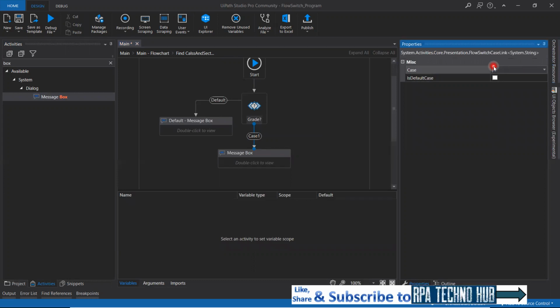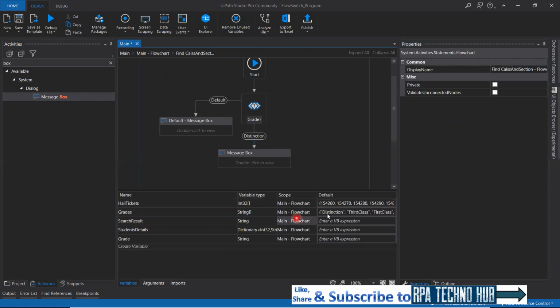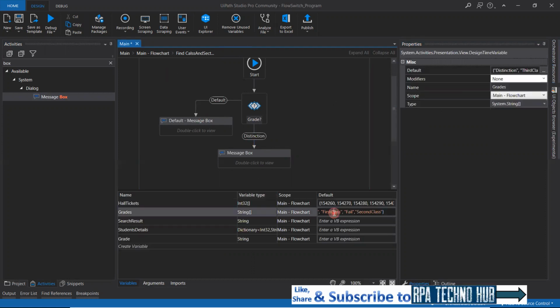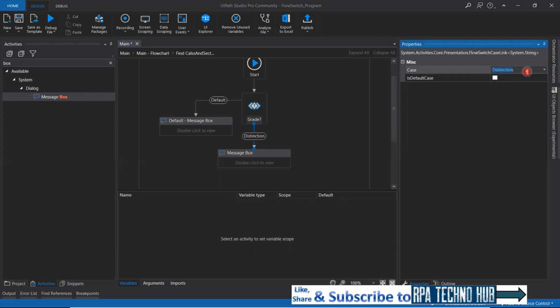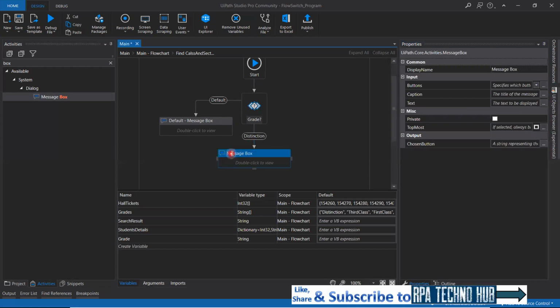So let me type in distinction. It should be matched with that array, distinction. I can just copy it from here, then select this and paste it over here. Distinction. If it matches with distinction, then this will